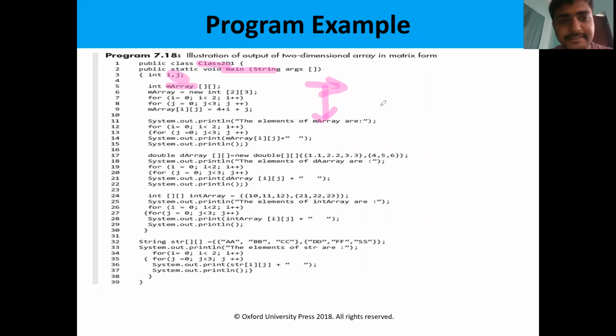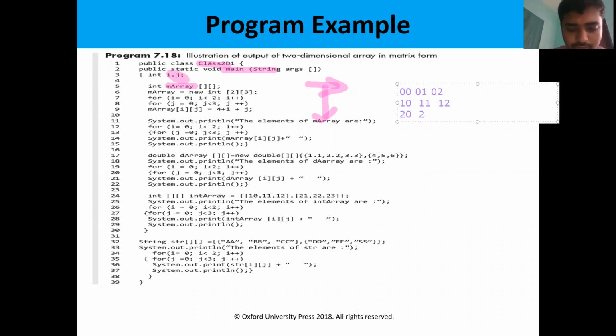These indices are identified like this: first row, first element 0 0, 0 1, 0 2, like that. The first row is completed. Next index values are 1 0, 1 1, 1 2. Second row index values. Third row index values are 2 0, 2 1, 2 2.